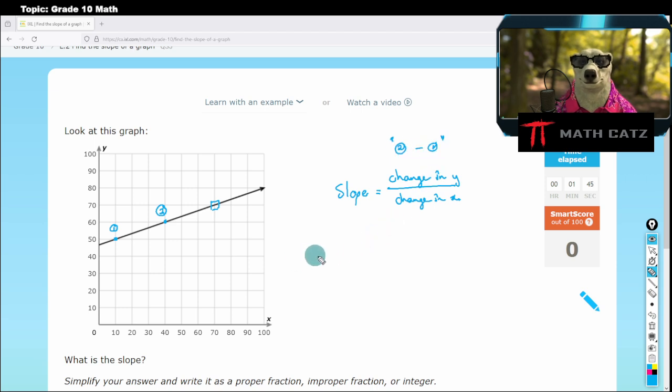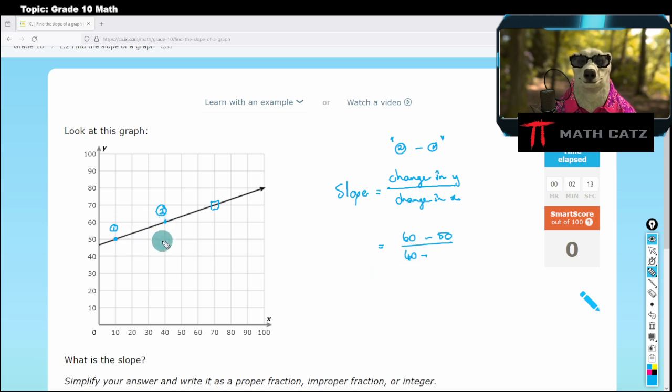That is the change. So in this case, my slope will be the change in y, the second y value minus the first, so 60 minus 50, over the change in x, going from the first point to the second point. The second x value is 40